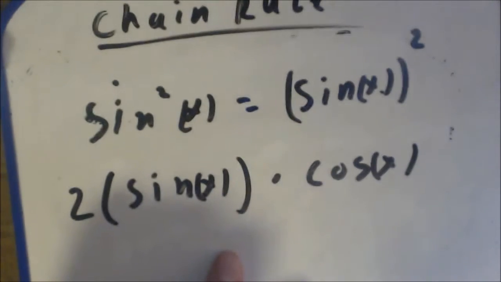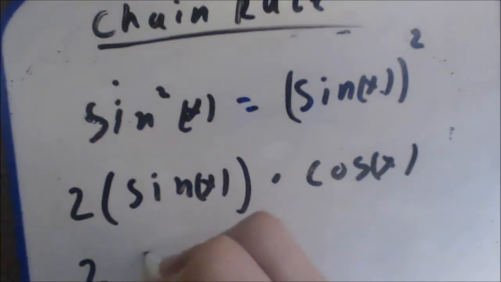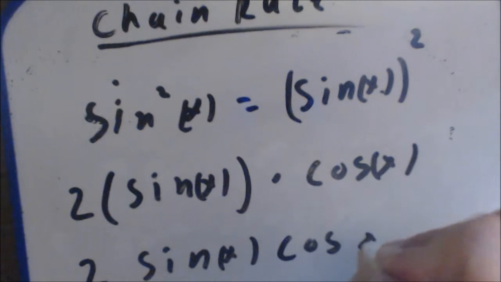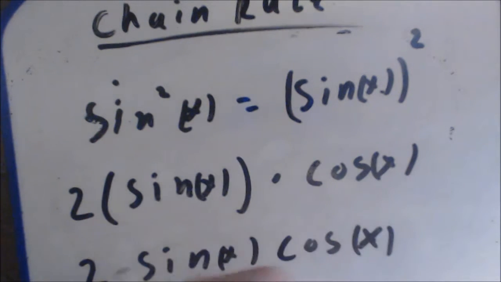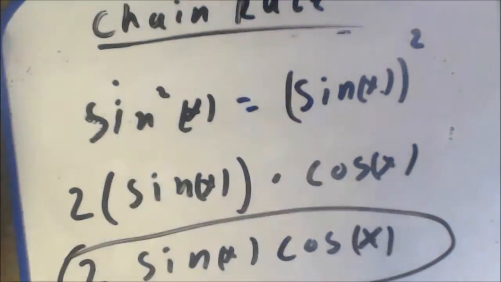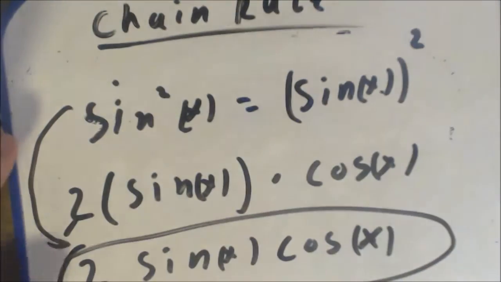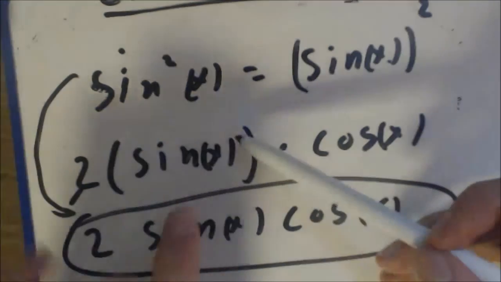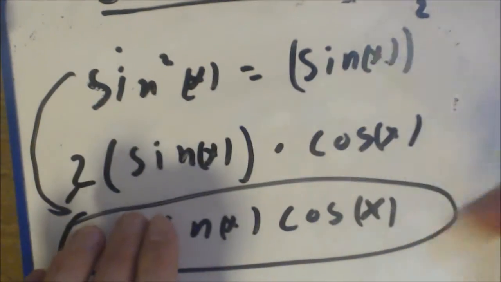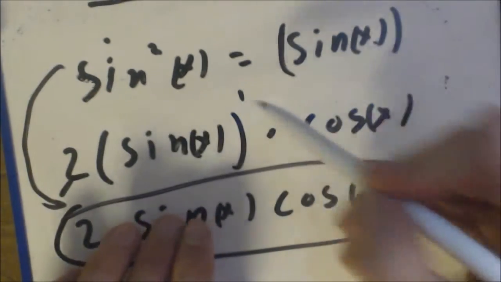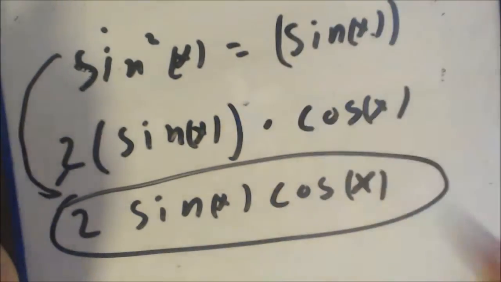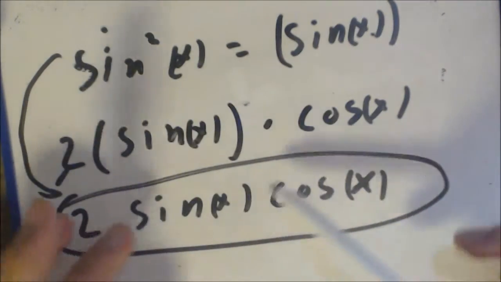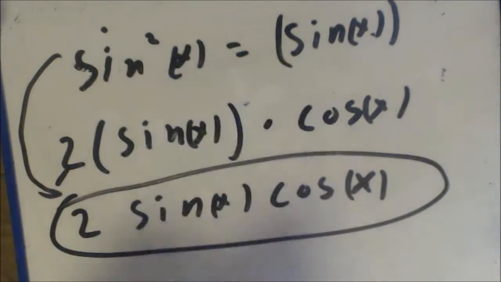So this is actually equal to 2 sine x cosine x. And this is the derivative, using the chain rule, of this one up here. So remember, you just take the power rule, and then rewrite the function after you take the power rule. Oh, this is minus 1. So anything to the 1, you don't have to even bother writing that. And then we just take the derivative of the inside and multiply it times the original function,